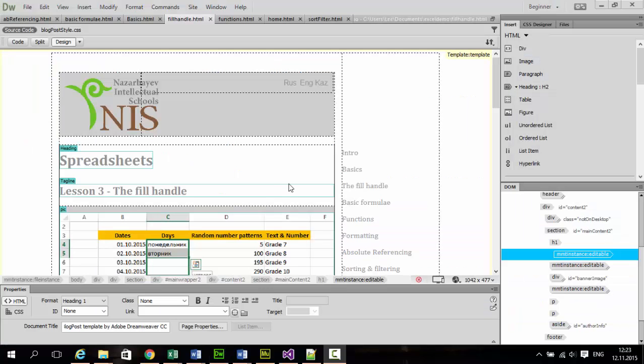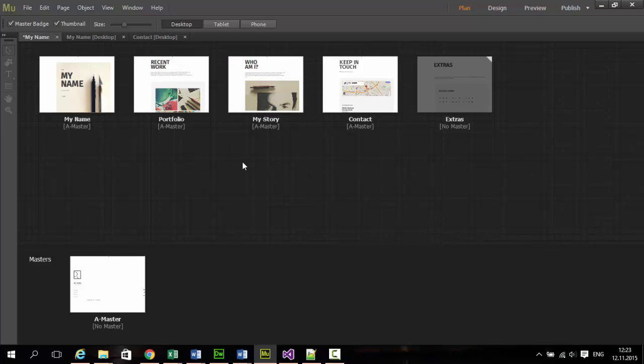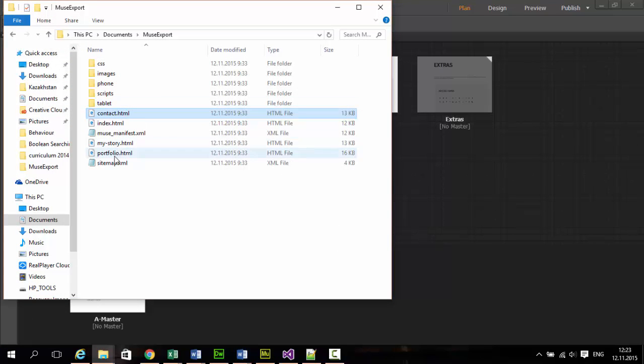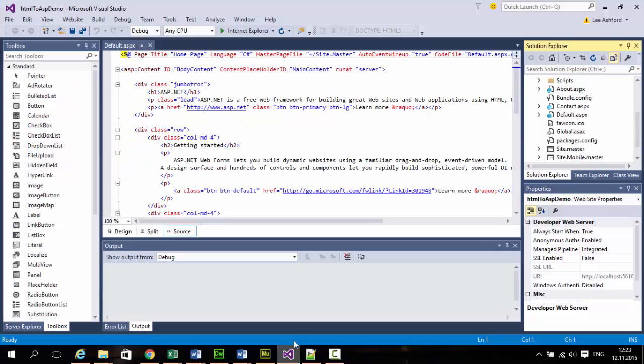So you can design your pages in Dreamweaver, or I've designed mine in Muse. You can use any program you want, or you can design them on the web and download the HTML files. The key thing is you need to have them saved as HTML files with all the CSS and scripts that your web page needs. So to put them into Visual Studio, you need to have your project open and right